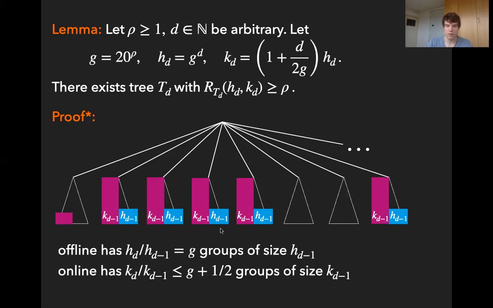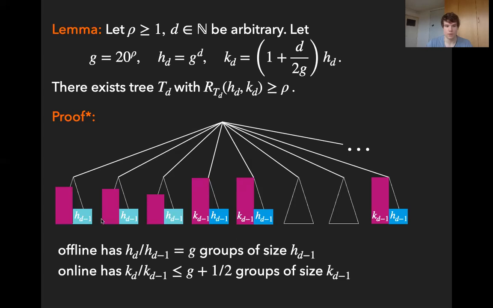And yeah, we can see immediately that within all of these subtrees at the bottom, we have competitive ratio rho simply by induction hypothesis. In the base of induction, there's simply no cost within the bottom because they are just single vertices. So what we still need to show is that at the top, we also have a competitive ratio of at least rho in terms of the cost that's incurred at the top edges.